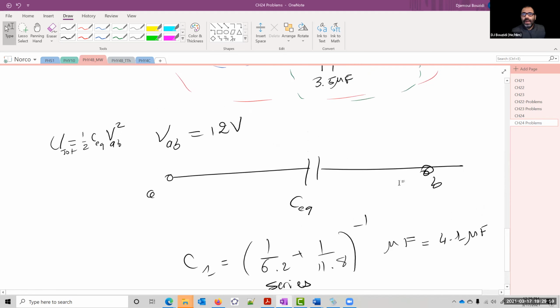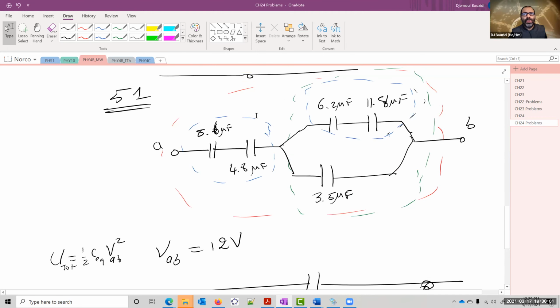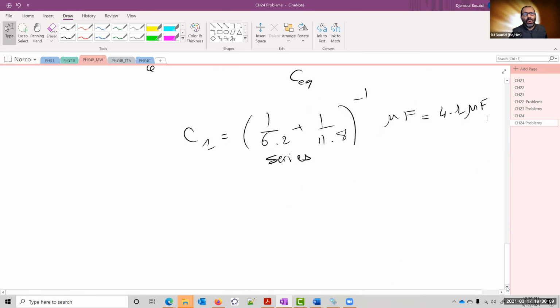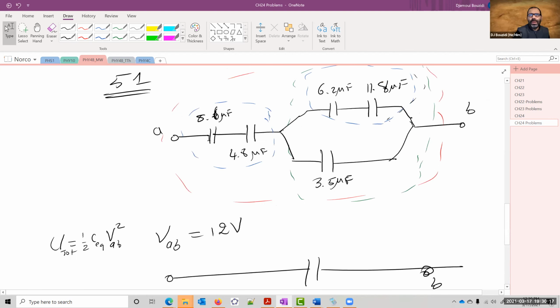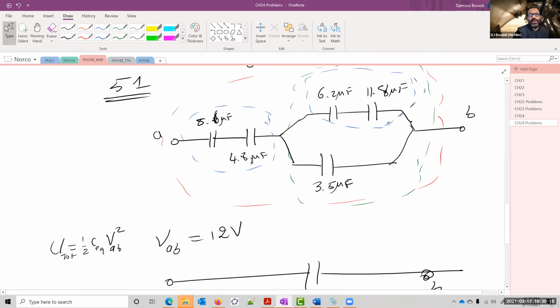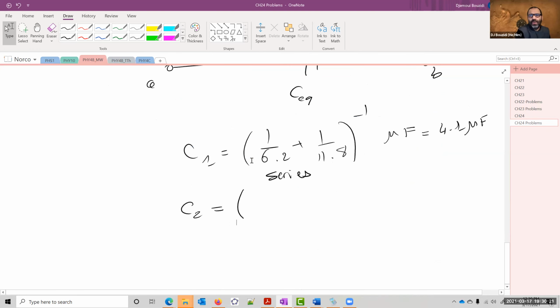Then I'm going to call this one C2, the other blue. That is between 8.6 and 4.8. So I need to find that one too. So C2 is also there in series. It's the same reason. C2 is actually equal to 1 over 8.6 and 4.8. So 1 over 8.6 plus 1 over. I assume that you guys have a piece of paper and you're actually doing this stuff, okay? Because we are not going to proceed if you're watching me do these things.